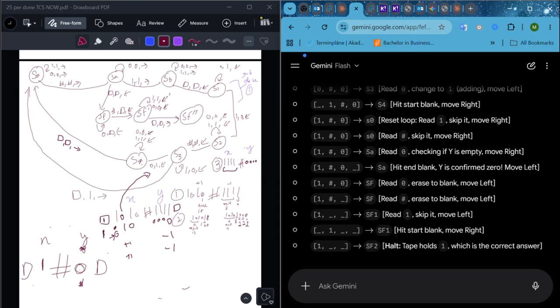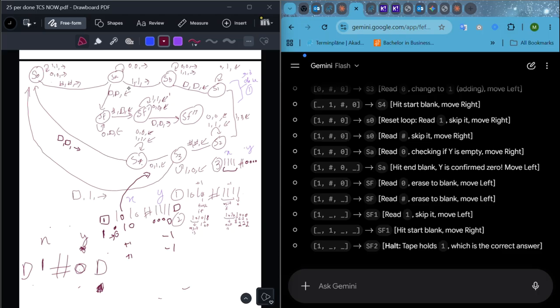And it hits end blank and Y is confirmed to be 0. Of course, because its job is to see if Y is 0. And if Y is 0, because it keeps going 0 0 left left, and the moment it sees a blank,